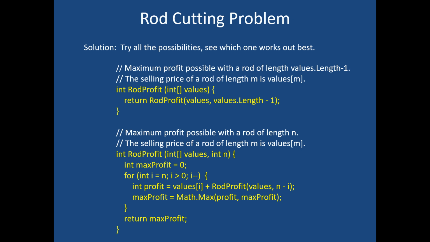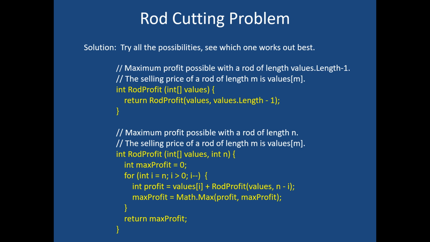And I'm going to assume that the length of the rod is essentially the length of the table, or one less than length of the table. And this is my helper function. So it says, okay, I've got a rod of length n, this is my table of values, what's the best I can do? And all I do is I set max profit to 0, and then I say, okay, let's